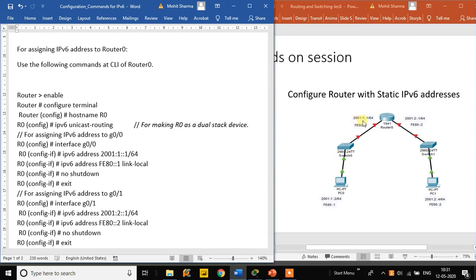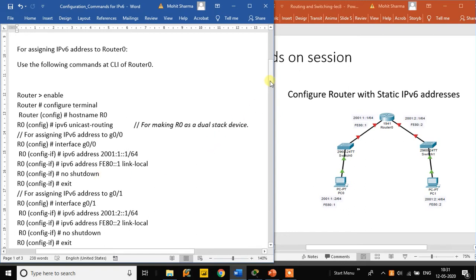The address is 2001:1::1/64. Then for the link local address FE80::1, the command is ipv6 address, give the link local address, and then type link-local, and then no shutdown to activate this interface.